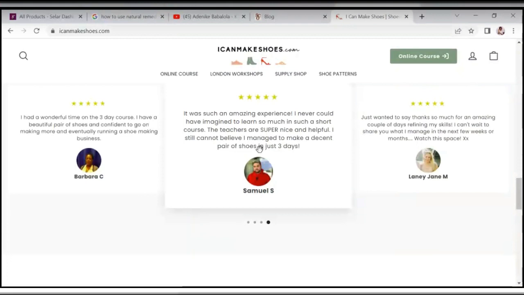Now, it says, "I still cannot believe I managed to make a decent pair of shoes in just 3 days." Babalola, you can create an ebook, how to make shoes for yourself in just 3 days. Just put pictures of the processes. You can make it free to test the waters, just to see if there are people who want it.